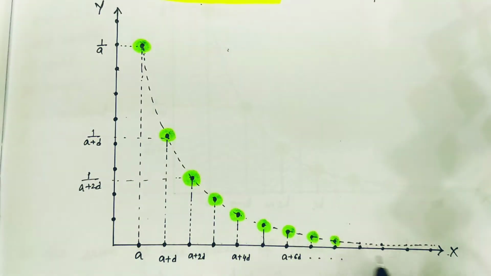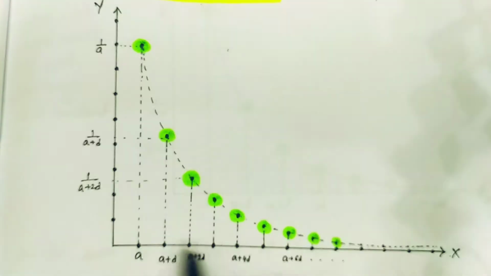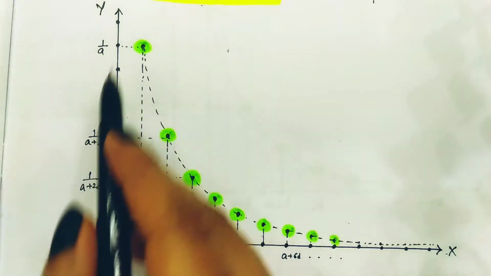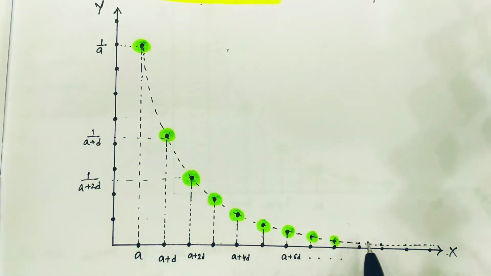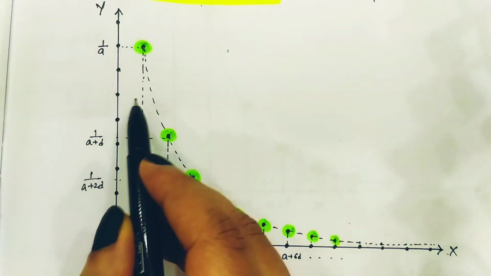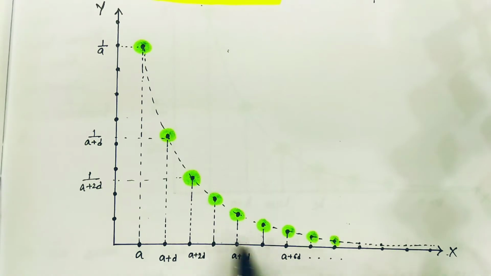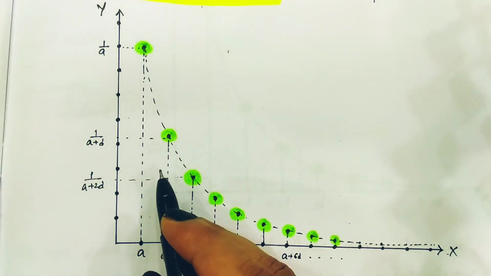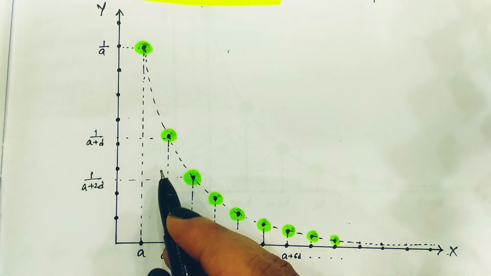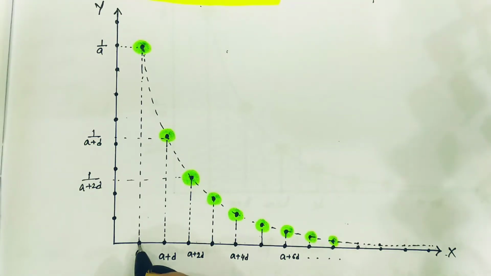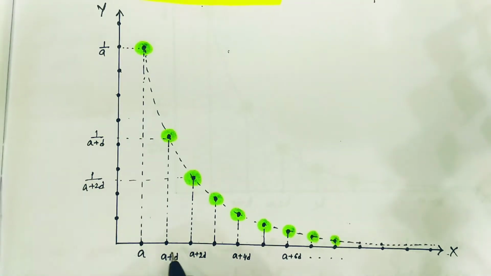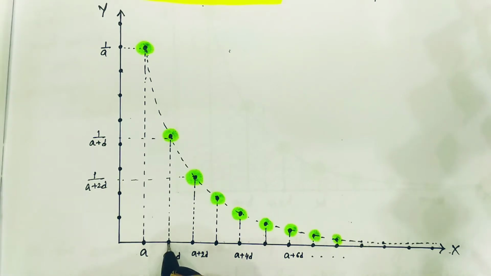So in this way, if we plot the entire graph, our target is to find the summation of this. If we take the entire area below this curve, then this area is the entire summation of the series. So if our requirement is to sum up this entire area, we simply apply a numerical method. For that, the first x value is a, the second one is a plus d, so this gap is d, and this line is 1 by a, so this length is 1 by a.